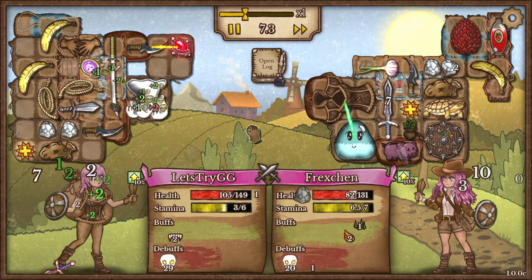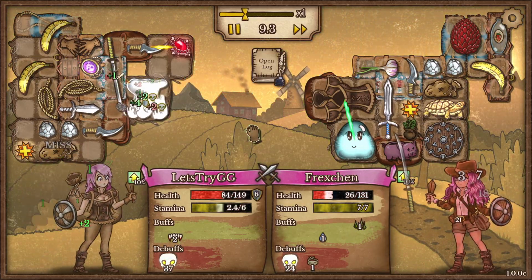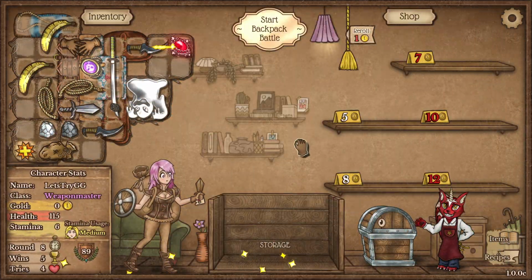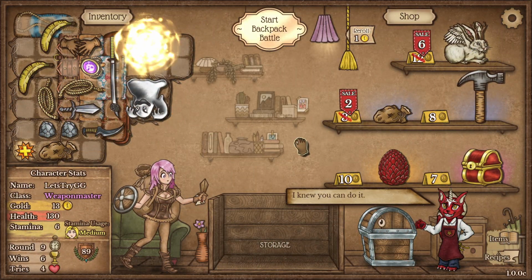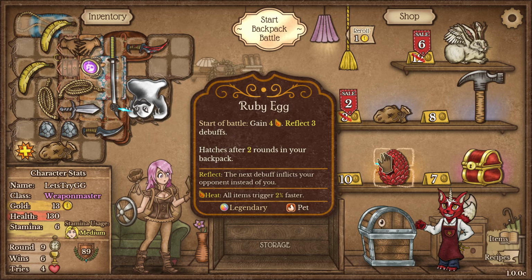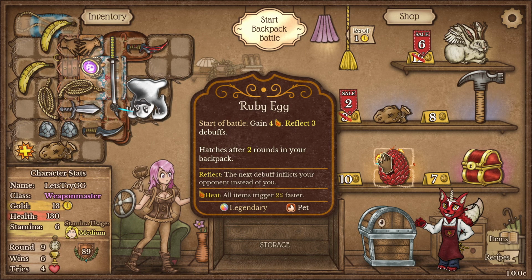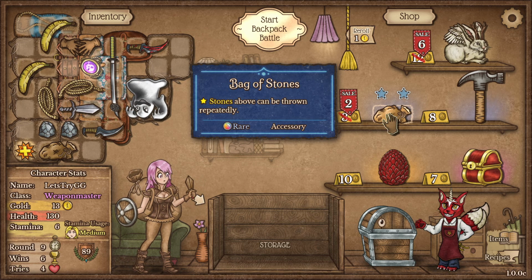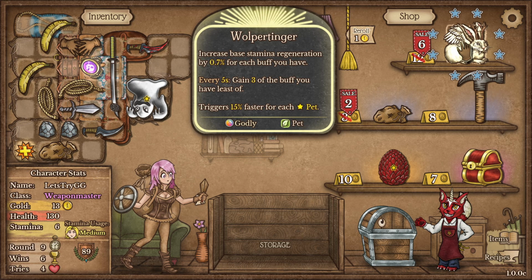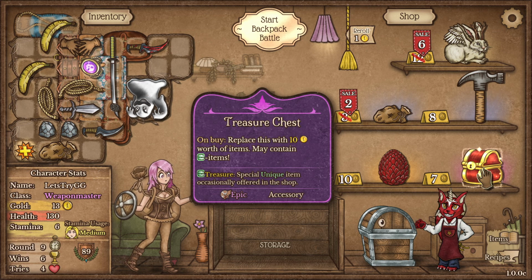Crap, poison is destroying me. I'm poisoning myself so much more than them. So I would like something that either reflects poison or, ooh, reflect 3 debuffs. Ooh. Or does something else. Bag of stones. Wolpertinger. We don't have stamina problems. Alright,